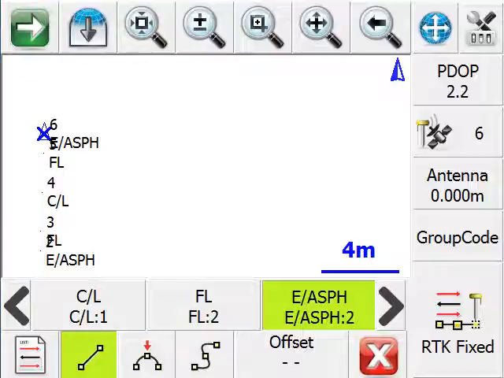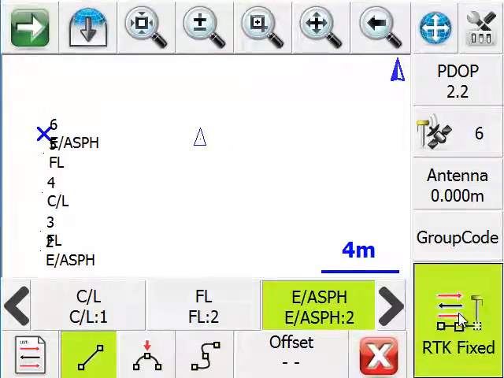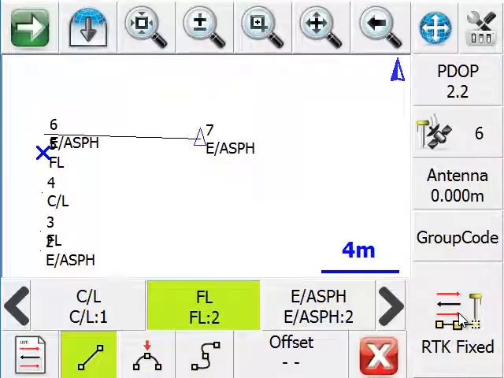Now I'll advance my way down the road so that I can do another cross section. You'll see that because we have selected the zigzag pattern for this GroupCode, it's keeping the edge of asphalt second figure active, and that's indicated by the blue X. So as soon as I store this point, it connects that point with a line. And now it's advanced to fog line number 2,